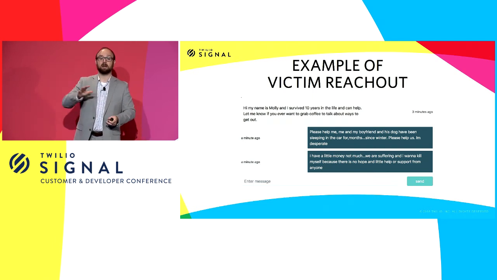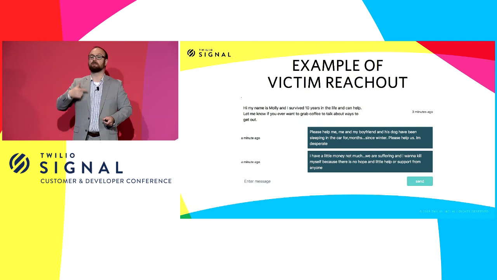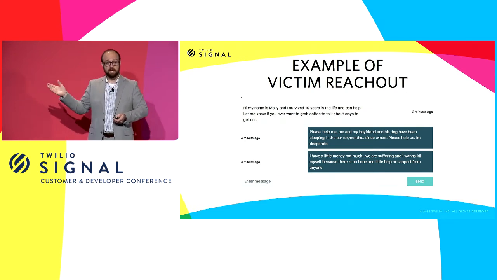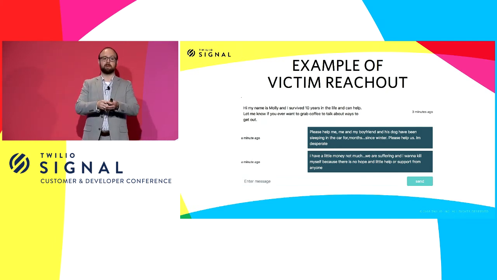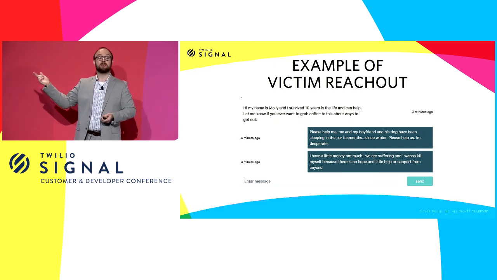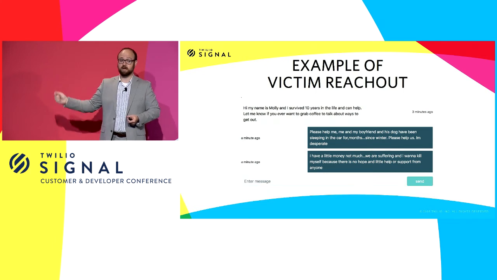It is shocking the level of desperation that people express in the first message that they get back to a total stranger. Because in this case, we had gone to a website, scraped the content, put it in a database, and that was a website for selling sex. And this is the response that a person had. Now, she was able to connect with that advocate.